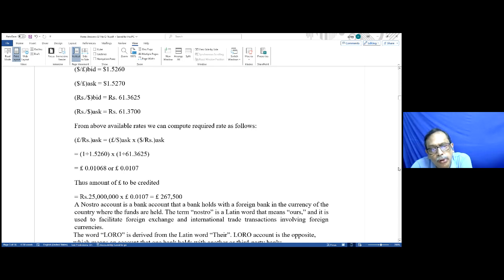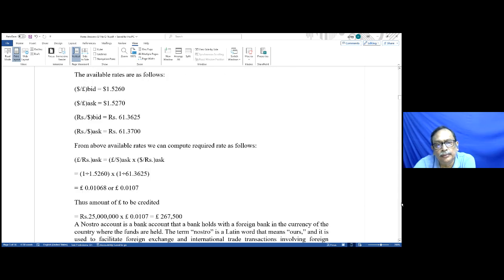So it will be 1 divided by 1.5260 into 1 divided by 61.3625. That is amounting to